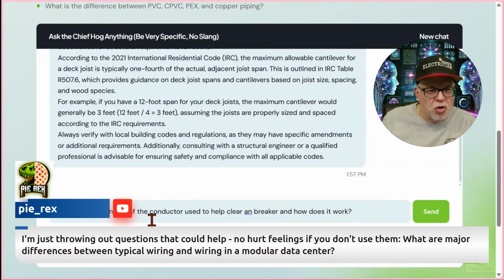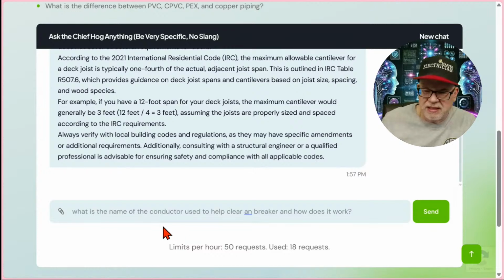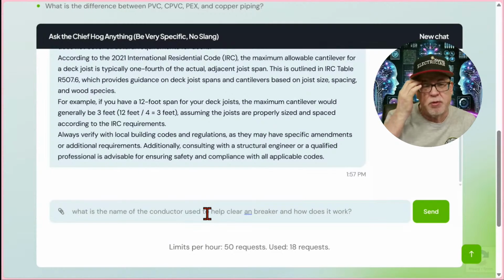Again, are we asking code questions or are we asking theory questions? Because this is a code-specific model. I don't know that it's smart enough to think what we know, and that's going to be the hardest part for people using this. It's not designed to answer anything that's not technical, that doesn't have a technical code foundation, but we'll give it a shot. So what is the name of the conductor used to help clear a breaker,